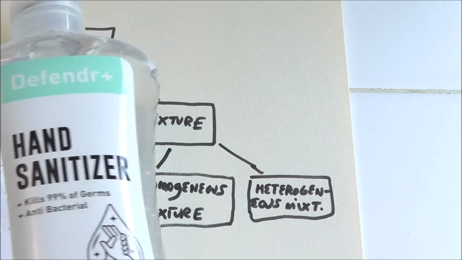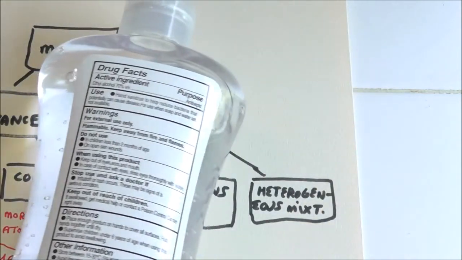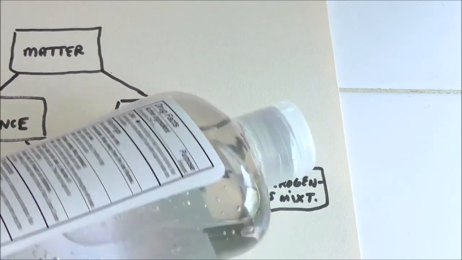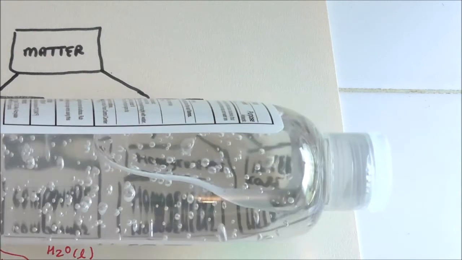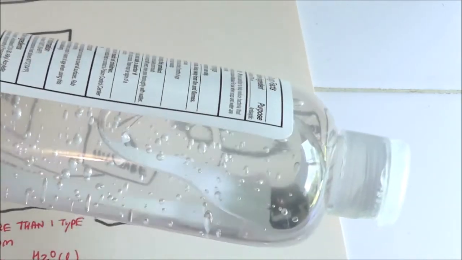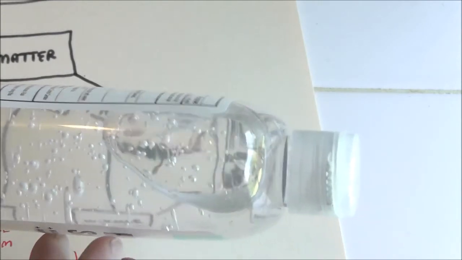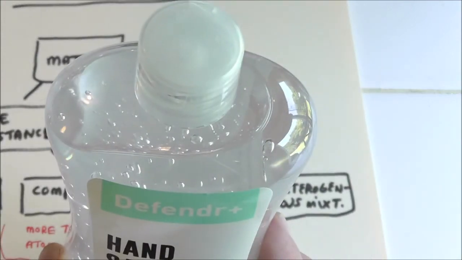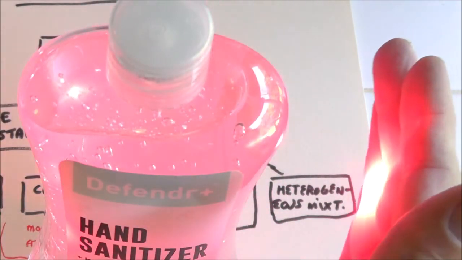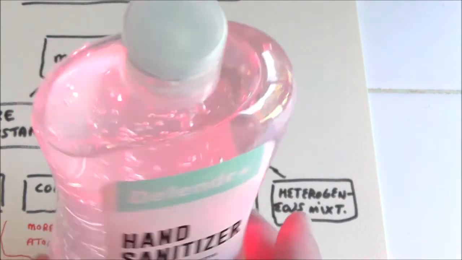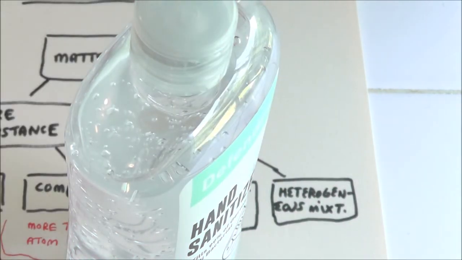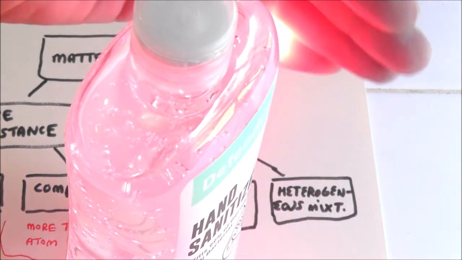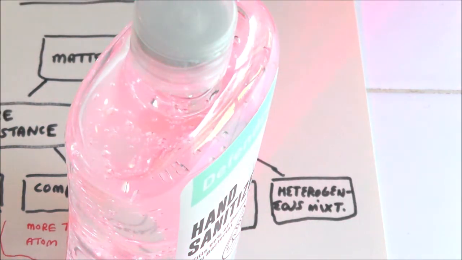Here, hand sanitizer. You say, hey, that's a mixture of this gelatinous stuff, usually glycerol and whatnot, and alcohol, and that's homogeneous, right? I don't know, look at all those bubbles, and it wouldn't pass light. Well, it'll pass light through with a laser pointer here. I can say, hey, that'll make light go through to the other end. But you notice where the bubbles are, it doesn't do that. So, you know, don't kill yourself this early on, folks. I've got light coming out the other end, but it's getting interfered with where those bubbles are.